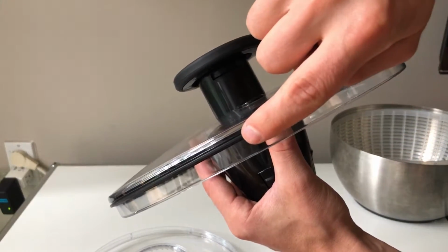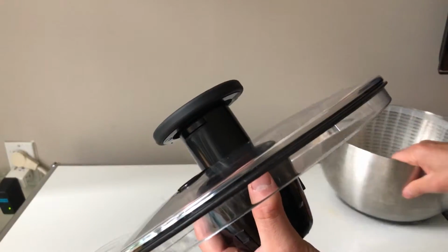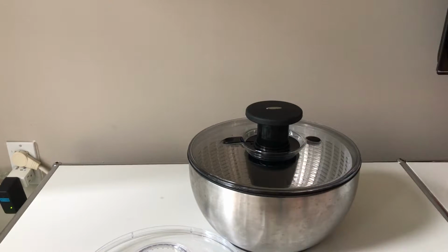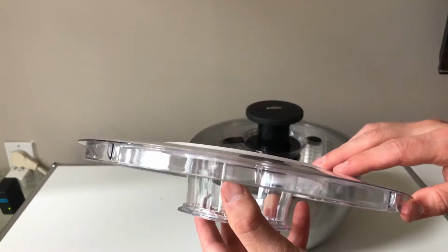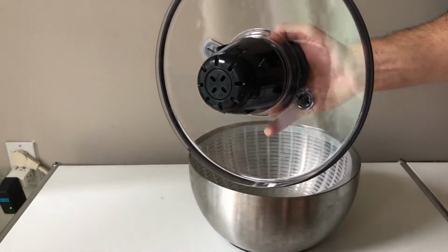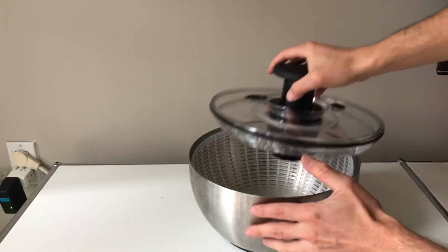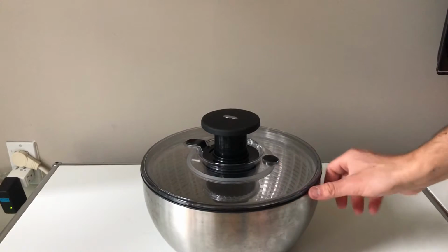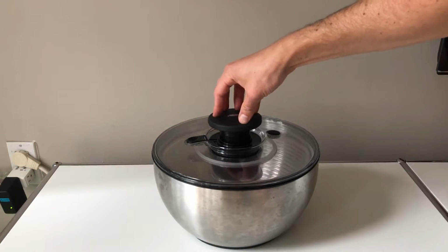In this model, there is a black ring here, and it's like a little seal, so that when you put the spinner down, it'll seal really well around the ring of the bowl. My older model did not have that. And with the older model, this piece here was not removable, so cleaning this area was impossible. So basically the mechanism is this goes here, clips in, colander goes in place, this goes here. It's not a perfect seal, it's not airtight, but it's a pretty good seal. It's definitely watertight, so your liquid doesn't get all over the place. Push down,